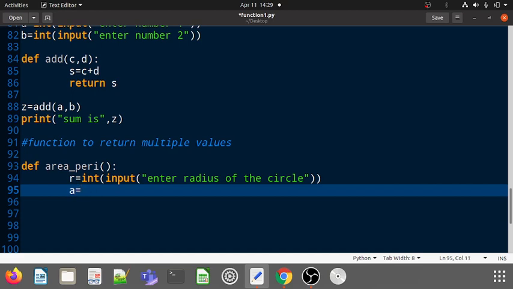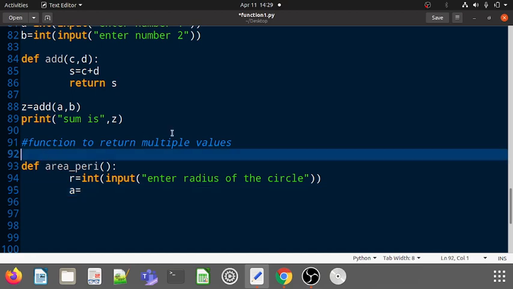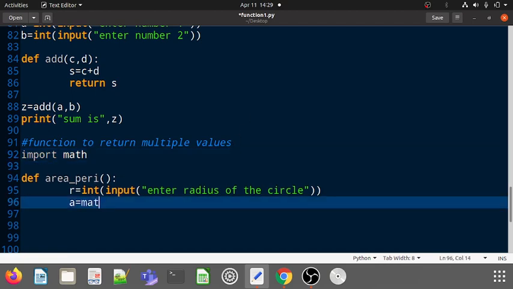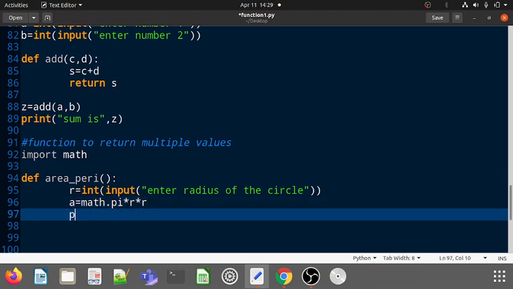Pi. For that I will use one module, I will import math. So from there the pi variable I will use. So math dot pi multiplied by r multiplied by r. Your area will be calculated, then perimeter we will calculate, that will be 2 pi r. So 2 multiplied by math dot pi multiplied by r.